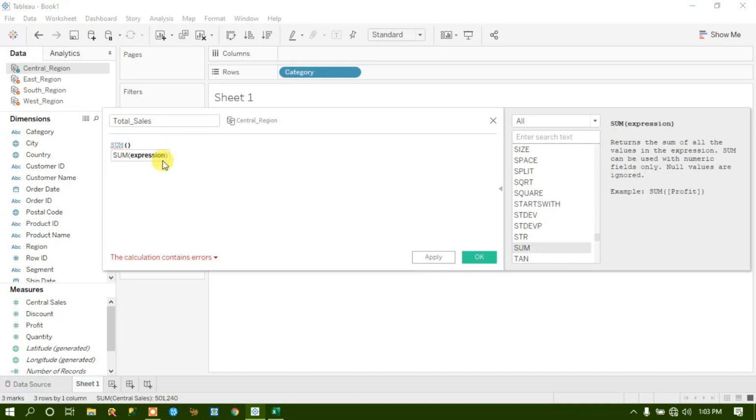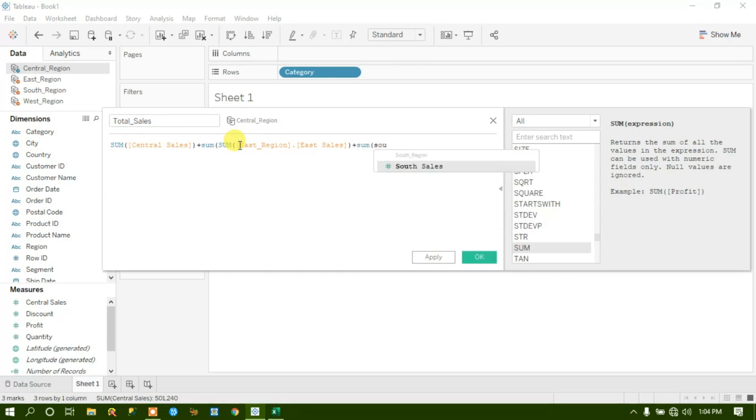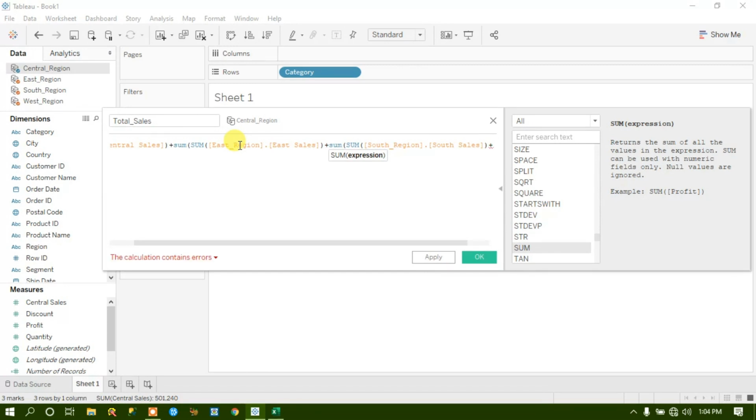I will say sum of central sales, then give it a plus operator sign, then sum of east sales, then a plus symbol, then sum of south sales, plus symbol,